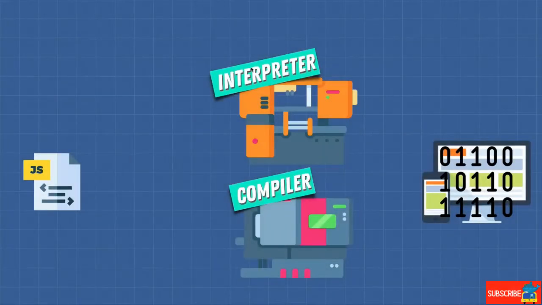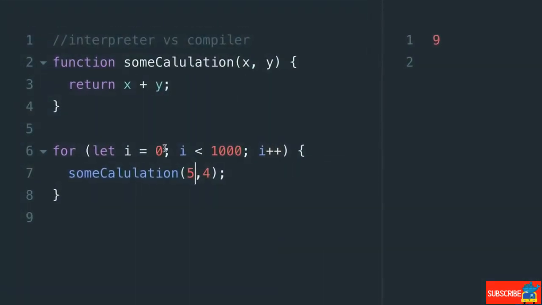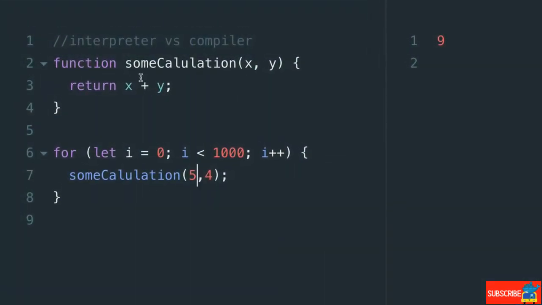Welcome back. Let's have a look at the pros and cons of each. First off, interpreters are quick to get up and running, right? Because if we go to our example, with an interpreter, we don't have to convert this into another language, like language X, like I showed you with the compiler. There's no compilation step before you can start running your code. You just give this to an interpreter, and the interpreter starts translating the first line and just runs the code